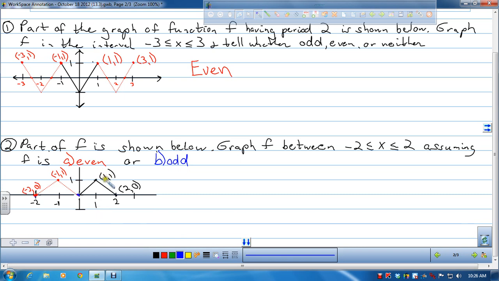Now the odd one I think is hard to visualize because it's symmetric about the origin, which means you have to fold it across the y-axis and then the x-axis. So I folded it across the y-axis here. Then when I fold it across the x-axis, this will actually come down here. So when we're starting from scratch, I think it's easier to take a look at the points. And if you remember,